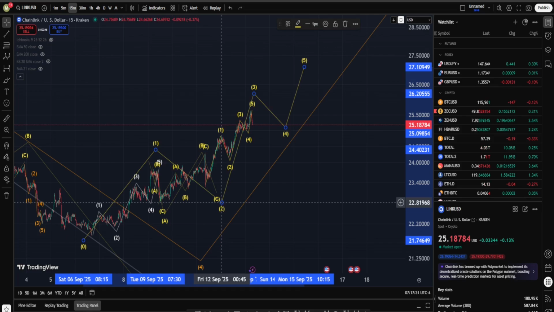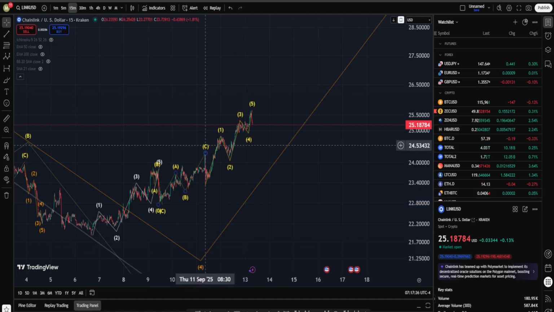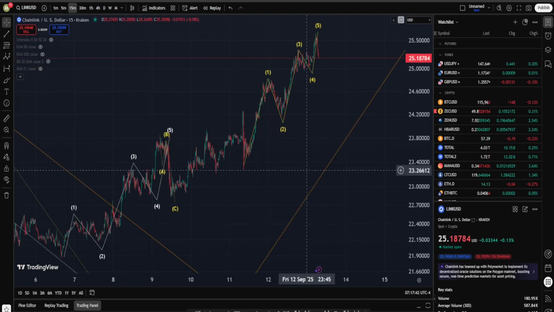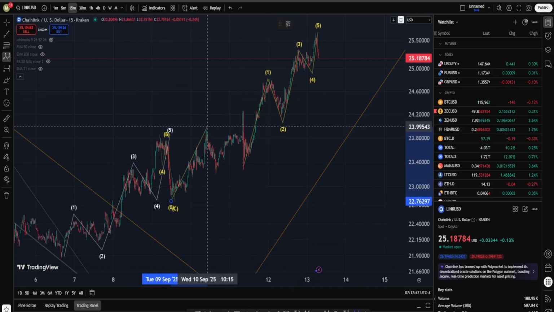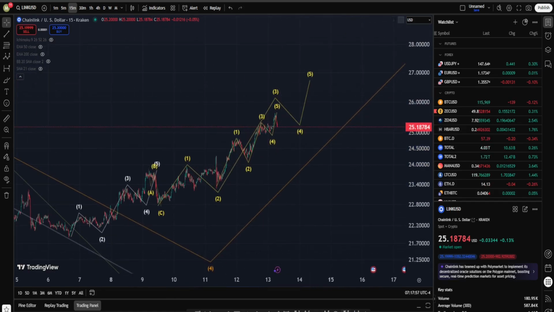Can we have other counts? Absolutely. In one scenario, you can say, well, okay, maybe I'm absolutely wrong, and this isn't an ABC running flat. Instead, let's say, well, okay, this is an ABC, and from this point we are having a wave 1 followed by a running flat, this time starting from here to about this point into wave 2, good move up into wave 3, and again this is wave 4 and 5,